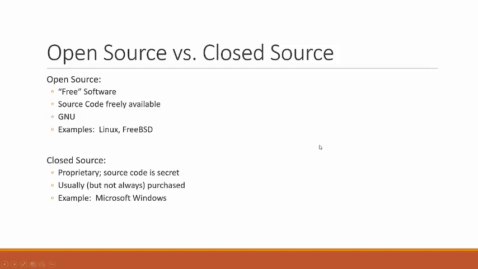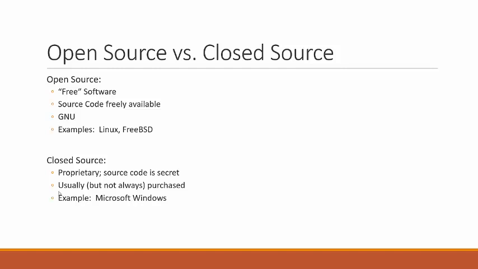A lot of it is released under the GNU license, or as I like to pronounce it, the GNU license. What is GNU? Well, GNU is a recursive acronym. It stands for GNU's Not Unix. And this actually has a lot of legalese behind it, but pretty much what it means is, with software released under a GNU license, you can give it away, you can sell it, you can modify it, you can do whatever you want to it, but you have to make the source code freely available.